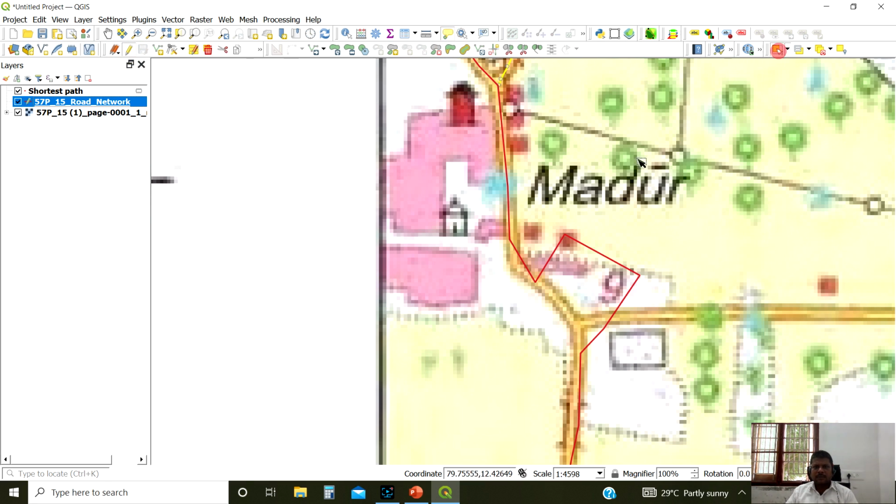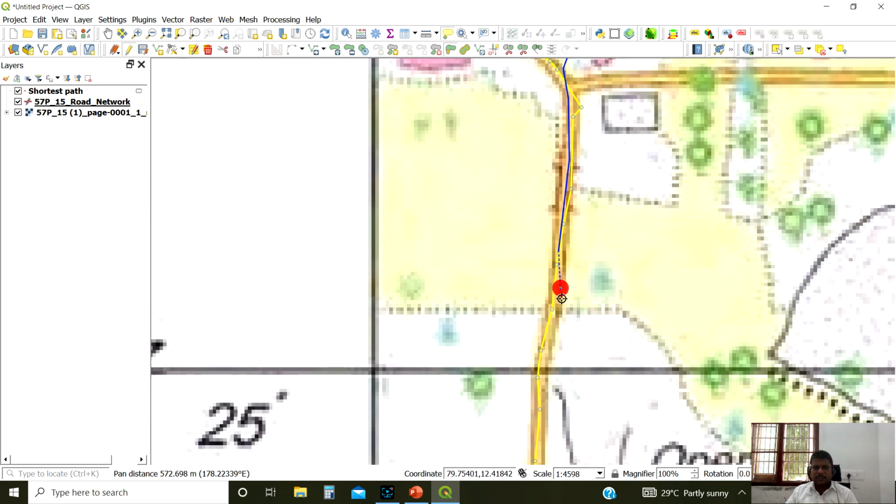Reshape. We could select the feature. So first time reshaping like that, then you reshape like that. We have to cross two times, then only it can reshape. So like that we can reshape it.